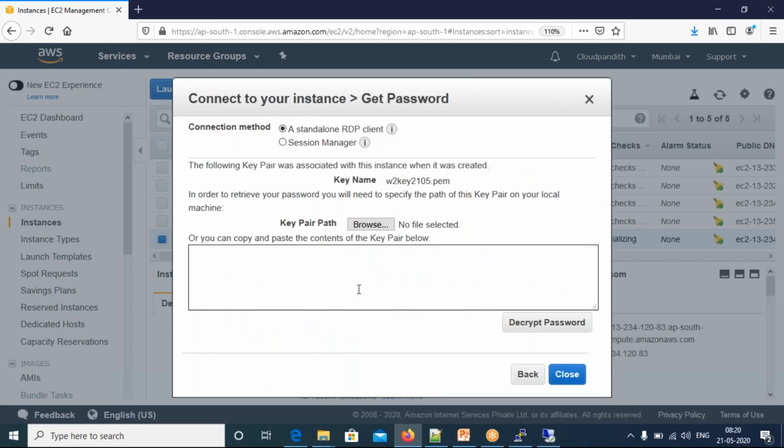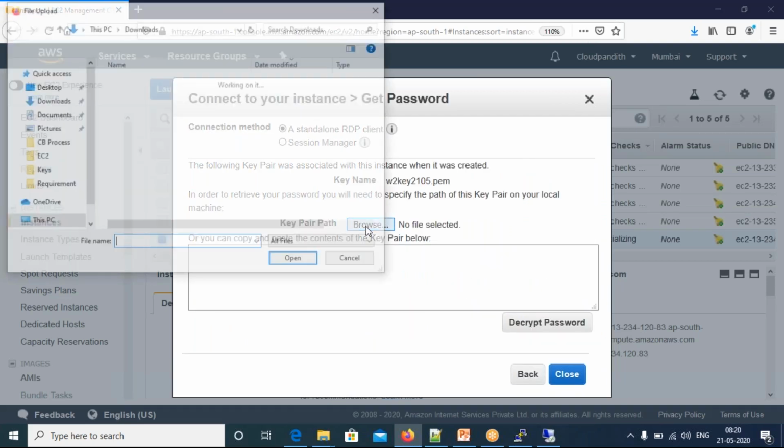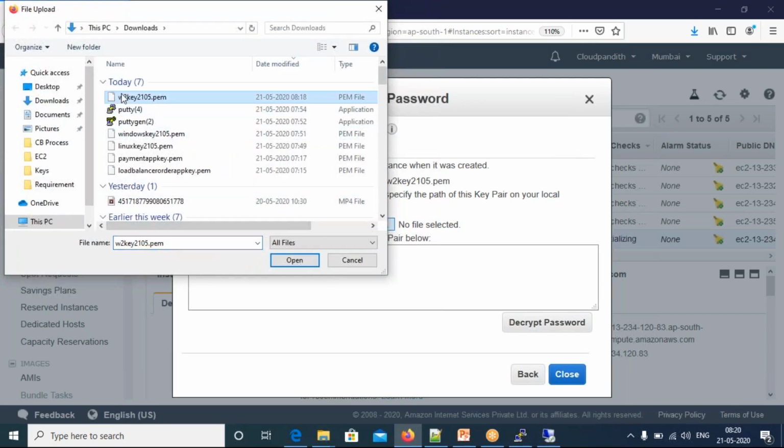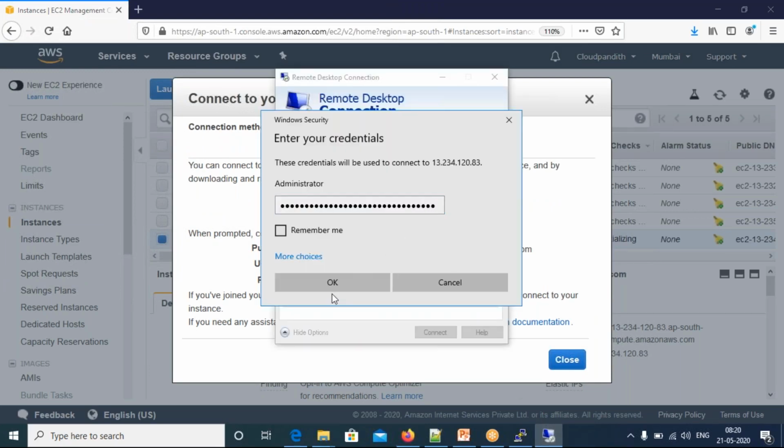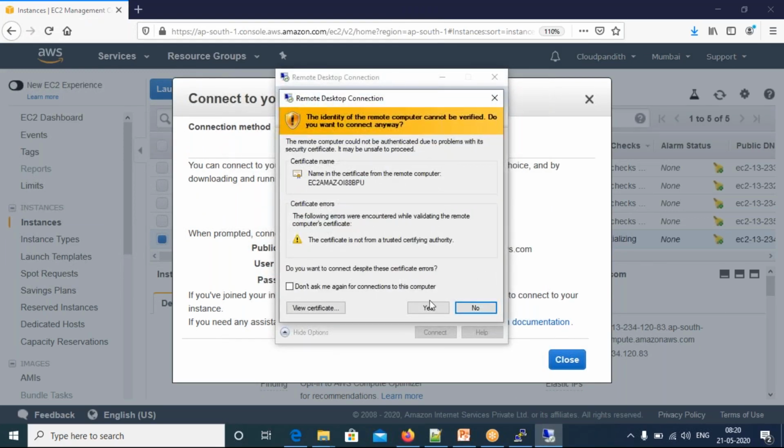Okay, so let's browse the new thing. What is the thing? W2 key 2105. This is the password. So take the password, put it here, click OK, click yes.